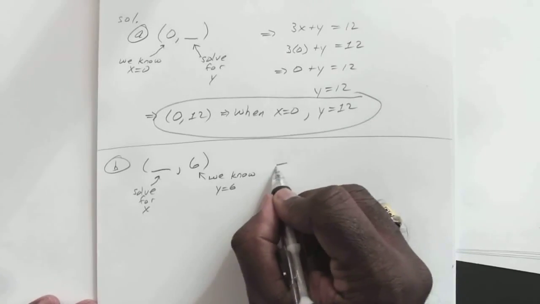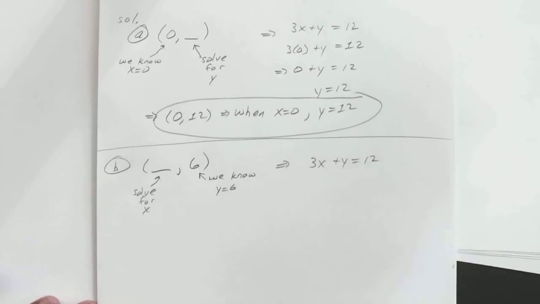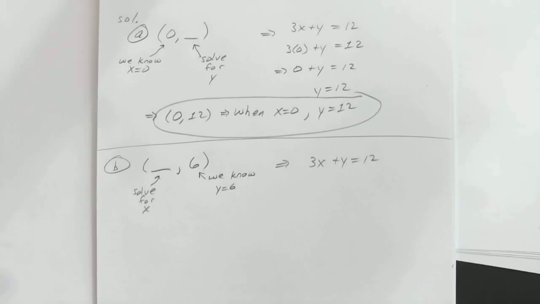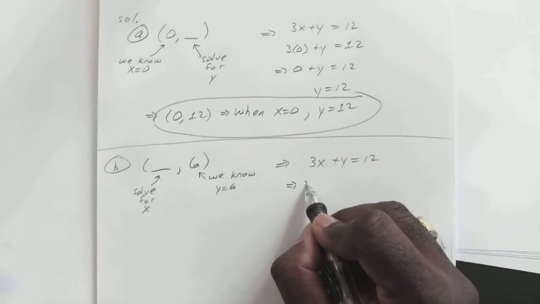Okay, so that means when we have our 3x plus y equals 12, we can plug in y equals 6. So 3x